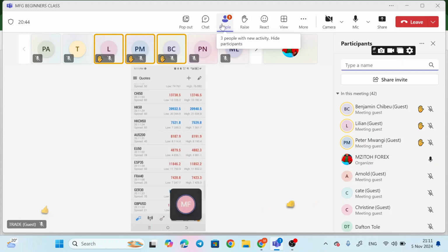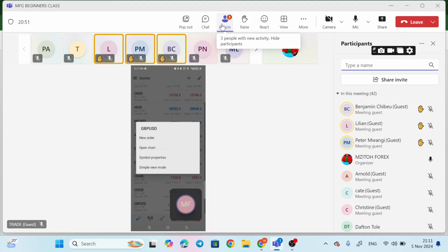Now if I want to trade, I'll just tap on that currency. When I touch GBP USD, it will bring those four options. Option number 1 is new order. Option number 2 is open chart, then properties, then simple view mode. So my concern is to place a trade. I will go on new order. When I click new order,